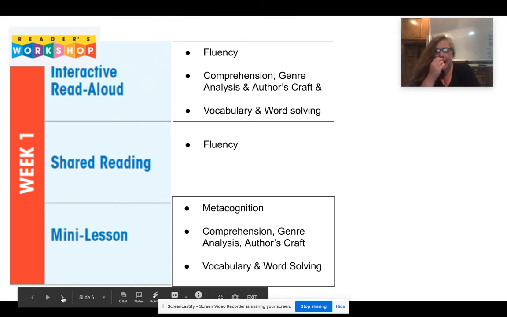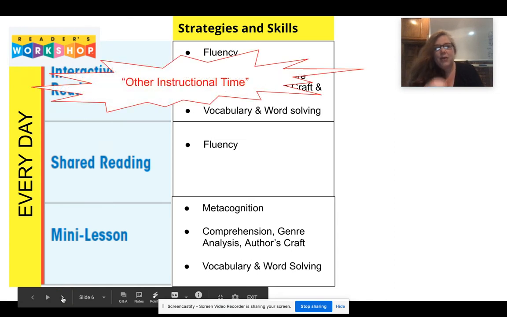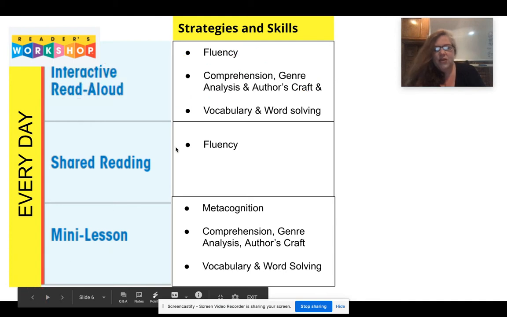So let's look at what a day would look like. So we've got the strategies and skills here. Every day, again, has these 3 categories. And remember that this category is considered the other instructional time. So again, we're not going to talk about how that's going to be, but I would point out, you might want to notice that